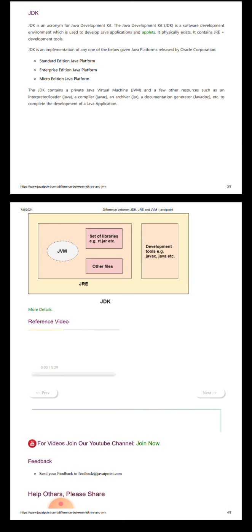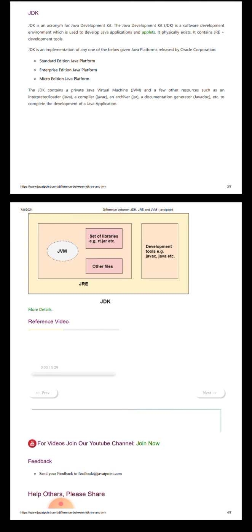The JRE, as we all know, only helps to run the code. But if you want to develop applications or write programs, you need development tools such as the debugger, compiler and executor and so on.